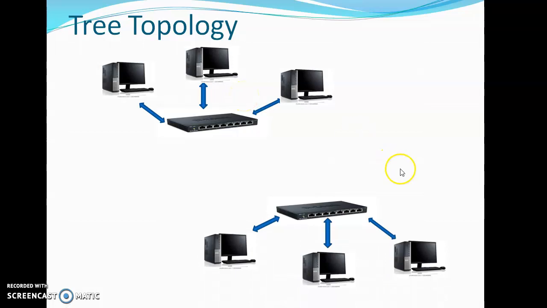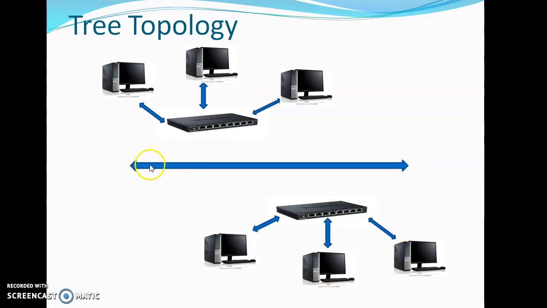One star topology in this case we'll consider it. Then what I've done is I've added another star topology. This is the hub. Connected to this hub you have all these devices. Now what you do is you add a cable here, a main cable, and to this main cable you interconnect these two. So you have this one here which is a star topology, and this is also another star topology. But if you combine all of this, you have a combination of a linear topology which is connected to a star topology.